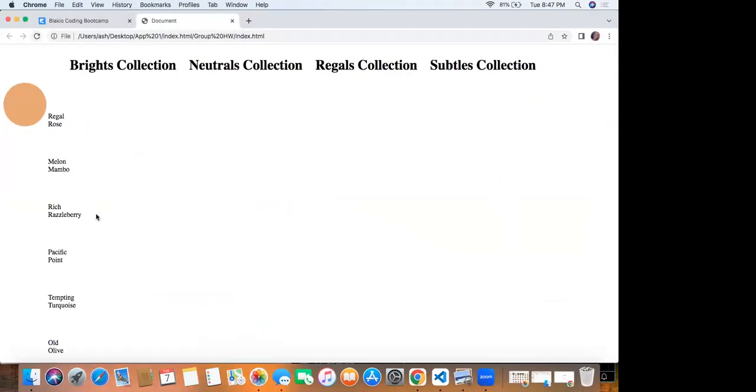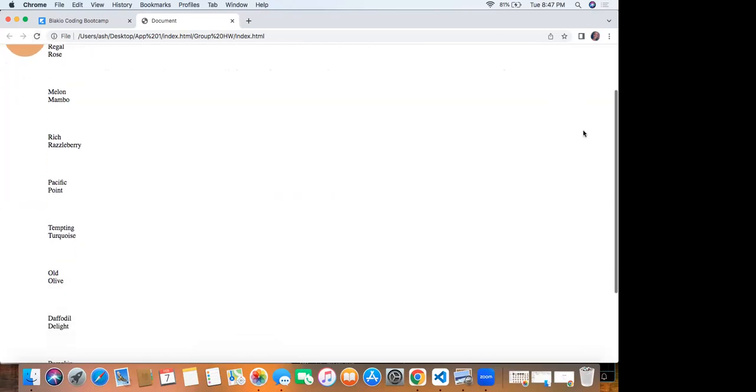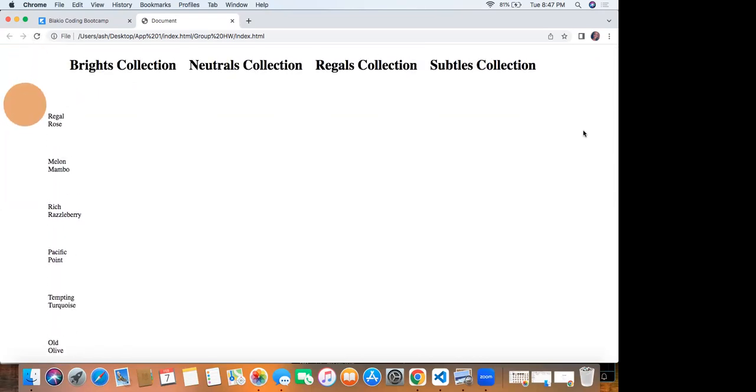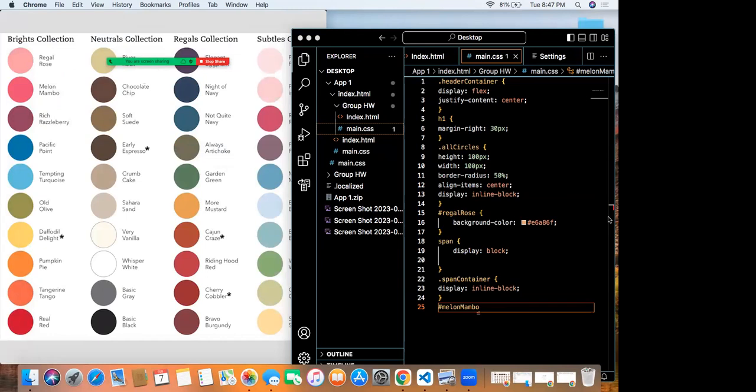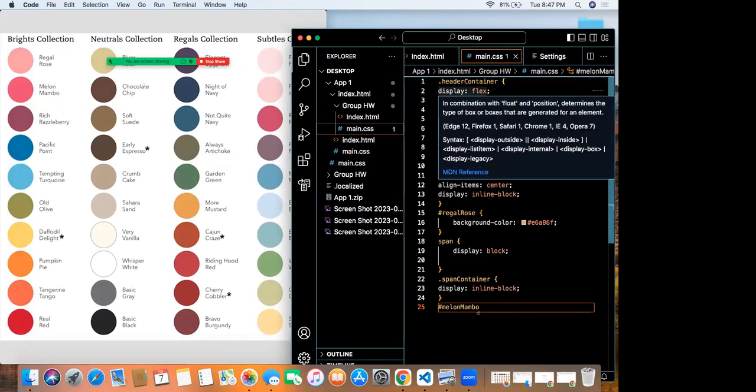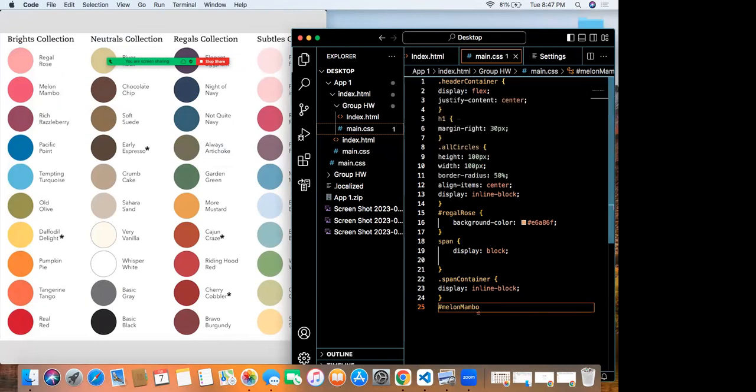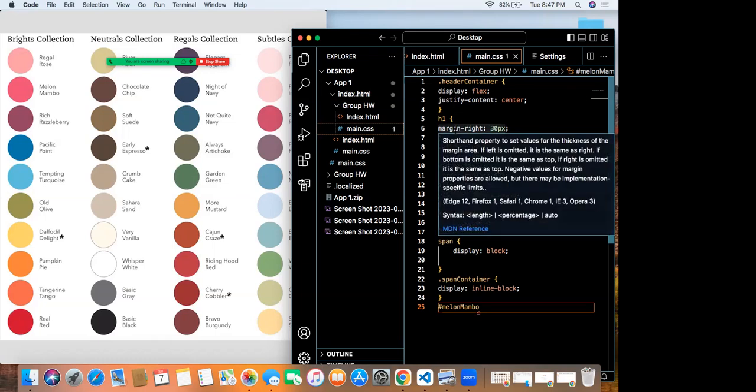We got names. So I put in the chat that we may need to do a justify content, or I think it's spaced evenly. Yes, exactly. So for the title to be able to start from one end and stop at the other end, we have to use justify evenly or in between to have consistent spacing. Are we talking about the headers? That would be up here though, right? Yes, as well as the sections.